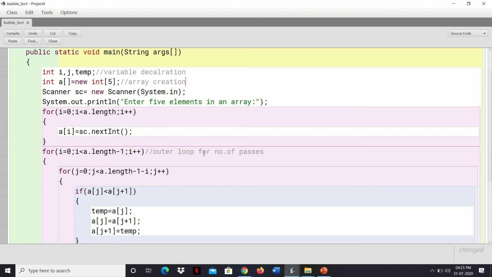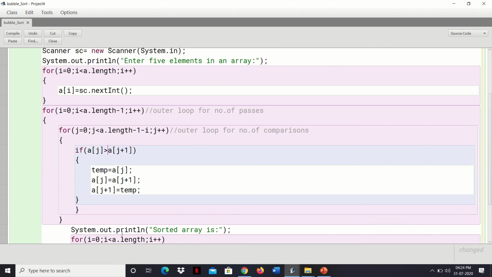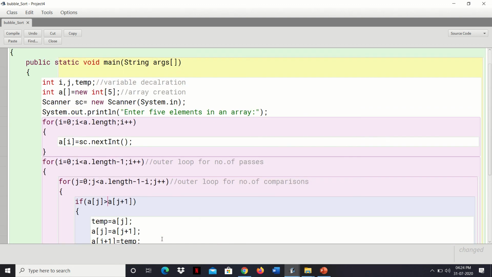Now this loop is for the number of passes and this one is for the number of comparisons. I have told you the logic very clearly. This is the logic of descending order and this is the logic of ascending order. If a[j] is greater than a[j+1], then we swap the elements and finally print the array. It's very simple.